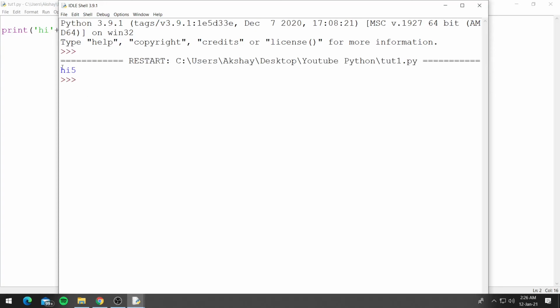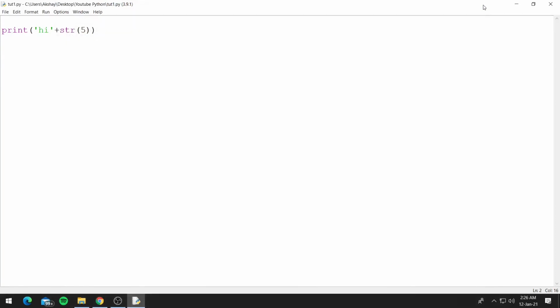As you can see, it worked. This is also a built-in function that can convert numbers or any other data type to a string. You might want to use it when an integer is in string format and you want to use it in a mathematical operation.